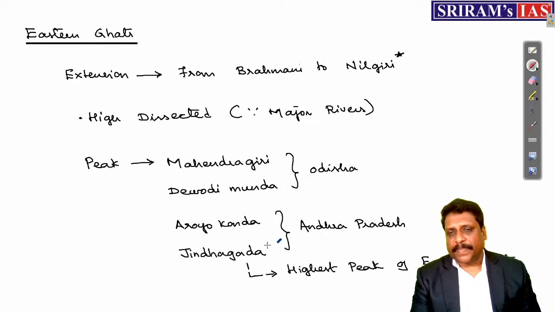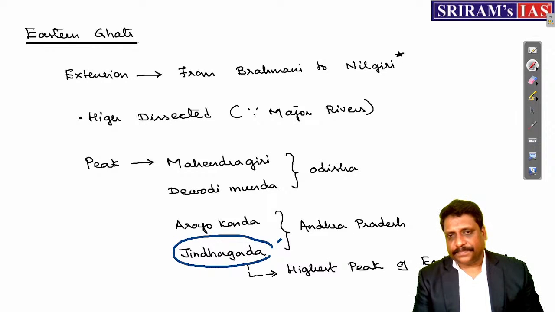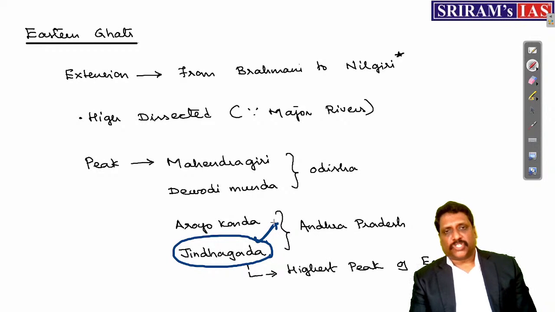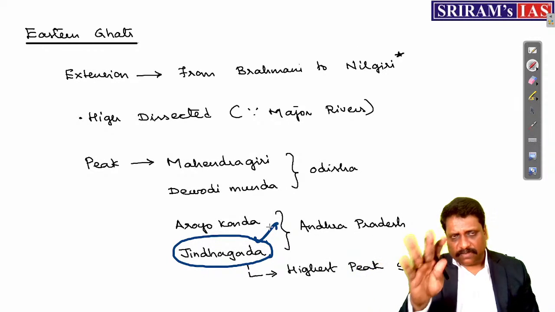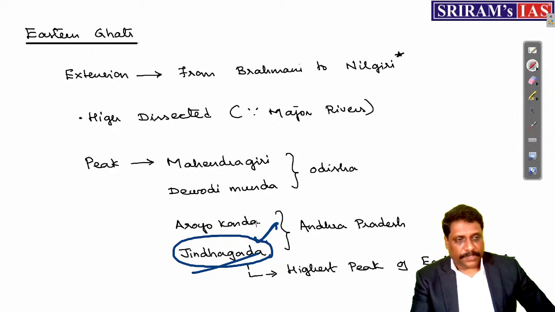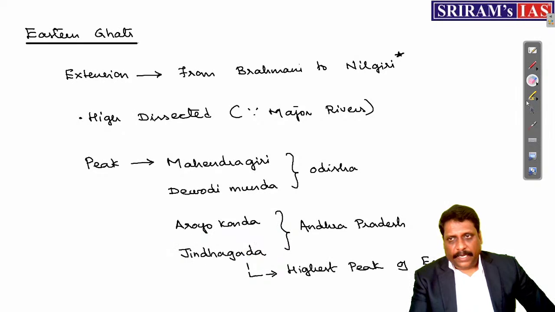And one more thing, this is not officially declared because I believe that Survey of India has not conducted it. Most of the regions, Survey of India, the traditional triangulation method we have done, mostly from satellite images and others, we declare that Jindagada is the highest peak. Popular information says as of today, Jindagada is regarded as the highest peak of the Eastern Ghats. Okay, right, my dear friends.